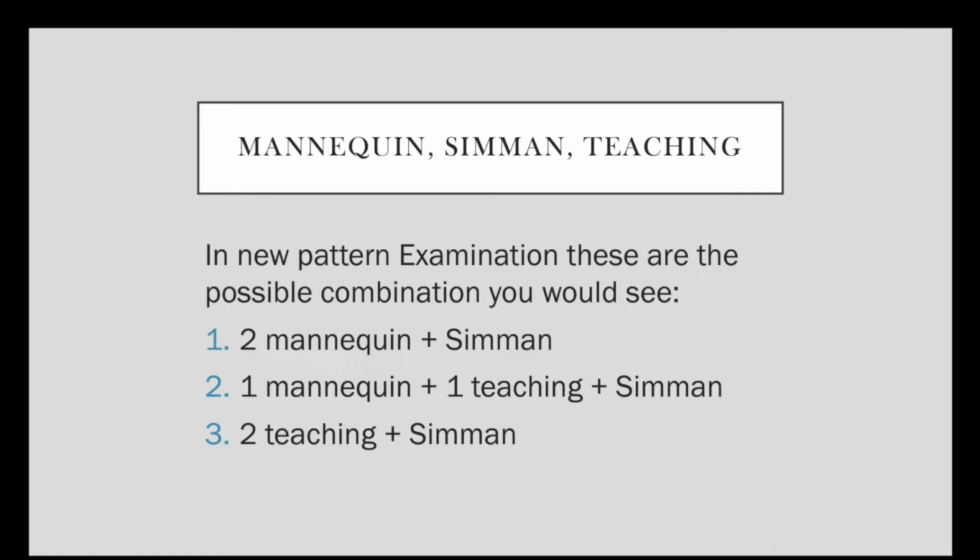So if you see the entire combination, the one thing which is common in all of them is the Simman station. So you definitely have to prepare really well about all the acute scenarios and how you are going to manage them at an FY2 or a junior doctor level, making sure that the patient is alive till the end of the station. And the mannequin and the teaching stations can vary depending upon what the GMC sets on your day. But these are the three kinds of combinations that you might come across on your examination day.